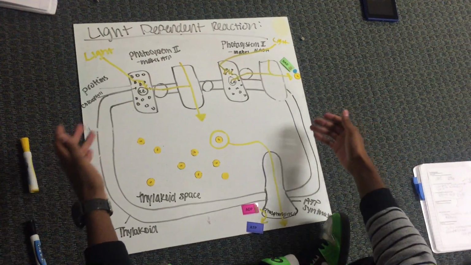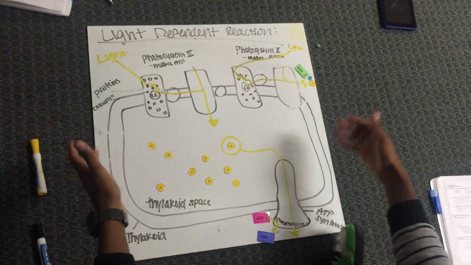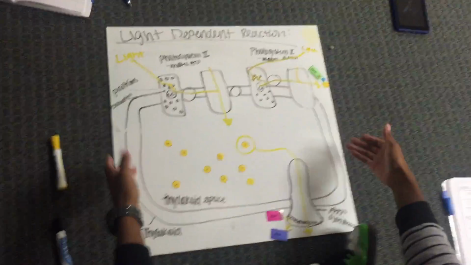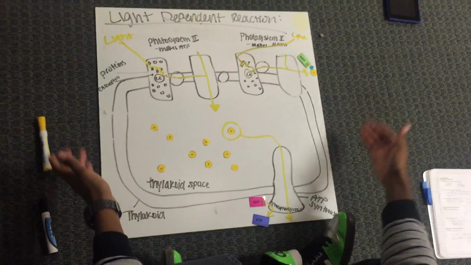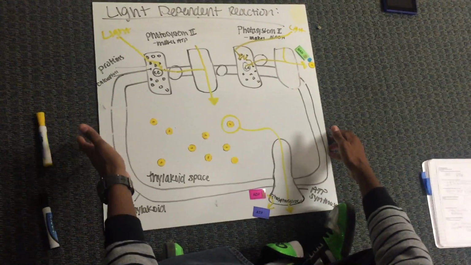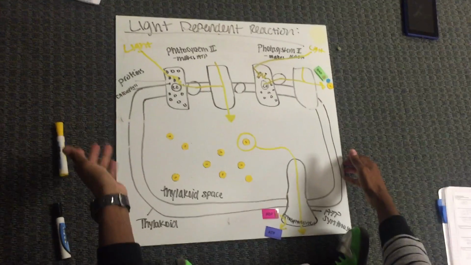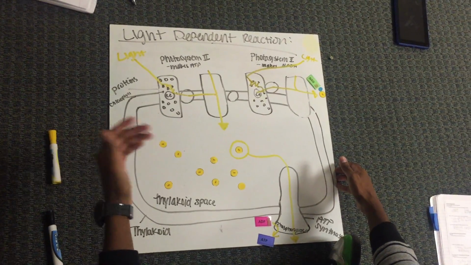So here we have photosystem 1 and photosystem 2. Photosystem 2 is the first photosystem. The only reason why it's called 2 is because it was discovered second. This is the light dependent reaction where it obtains light from the sun and uses that energy to be able